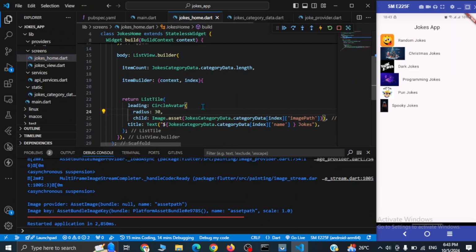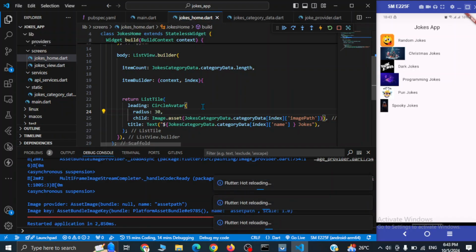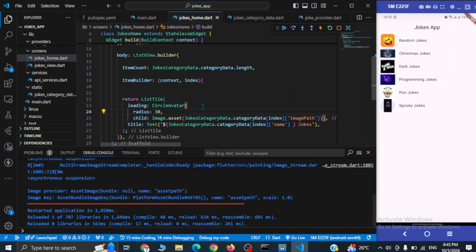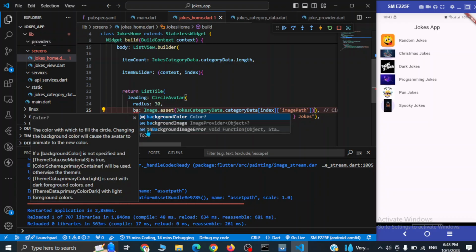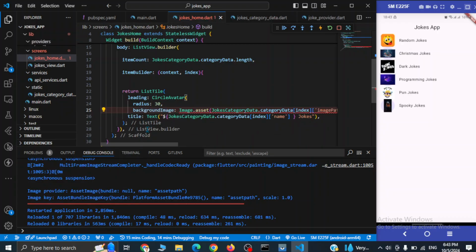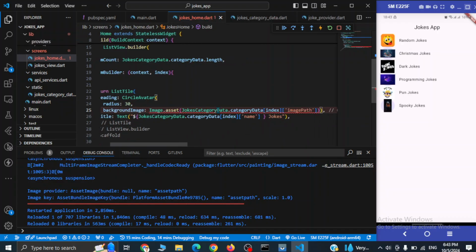Okay, radius is going to be 30, so let's save this. Okay, still we are not seeing a circular interface. There is a circle, but this image is overflowing, so instead of this child we can use something like background image property, and here we can provide